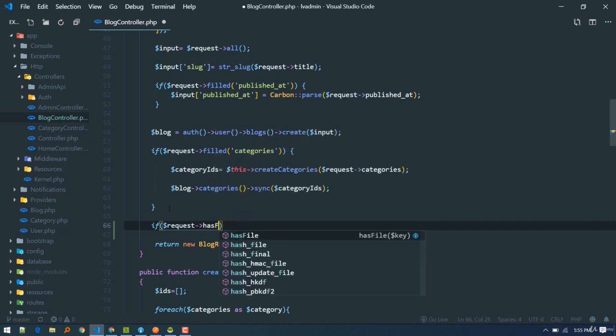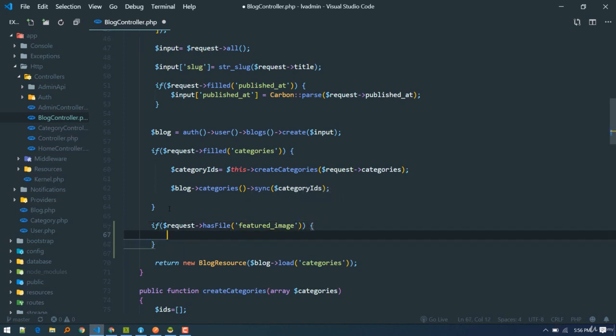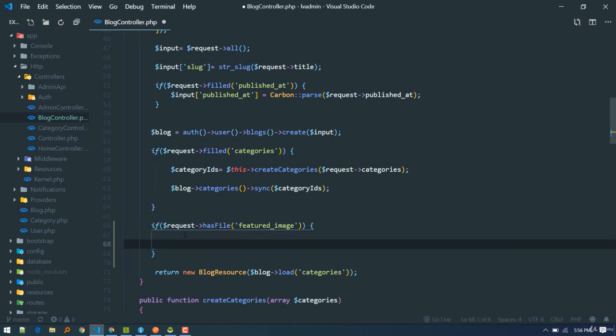We'll be using the hasFile function, and then the key will be featured image. So if we got a file, then what we'll do is,